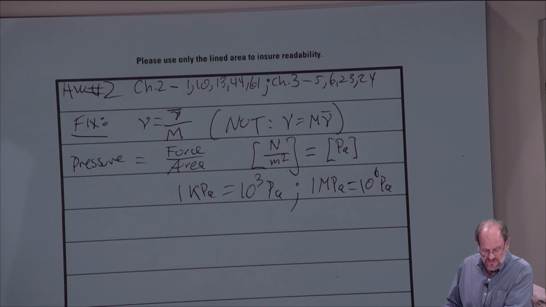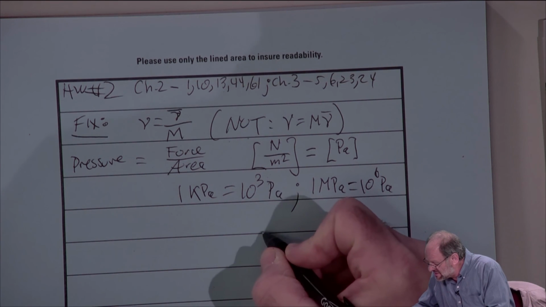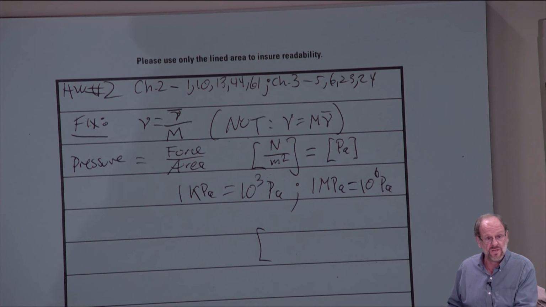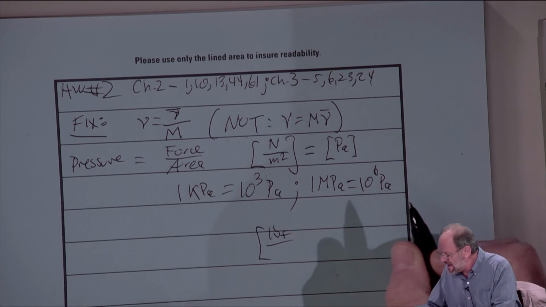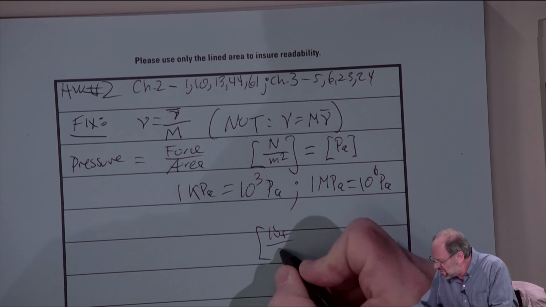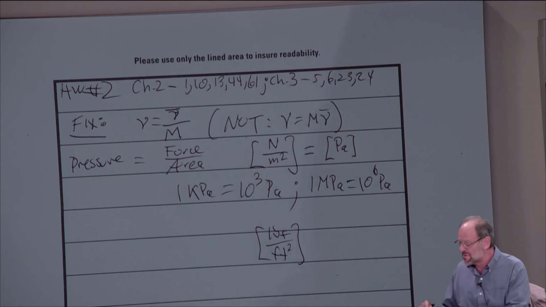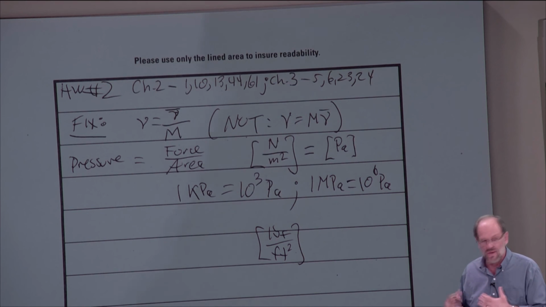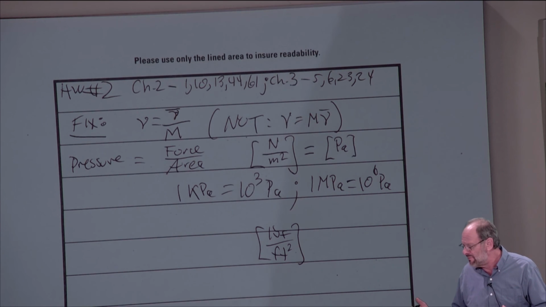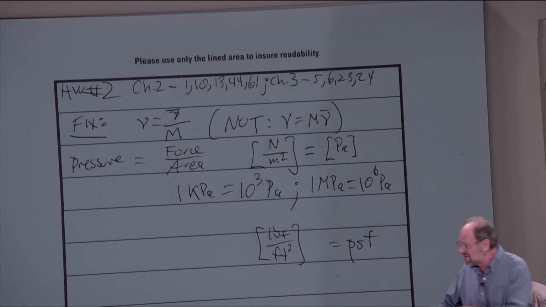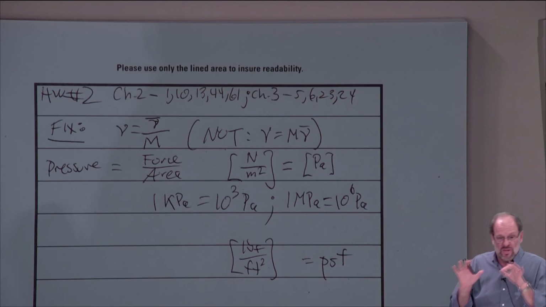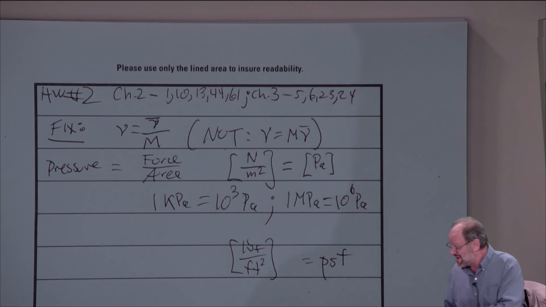Now that's in the SI system of units. We also want to look at the British system of units, of course. And in the British system, our force units are not the Newton, they're the pounds force. And our length units are going to be feet. So pounds force per square foot is one of the common units that we would use. Now, most of you have never heard of a pounds per square foot, which we might just abbreviate PSF. Unless you're a civil engineering major, and thankfully you're not. So, well, that's okay. There's nothing wrong with civils. It's just you're not them.